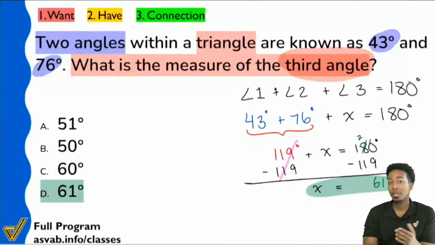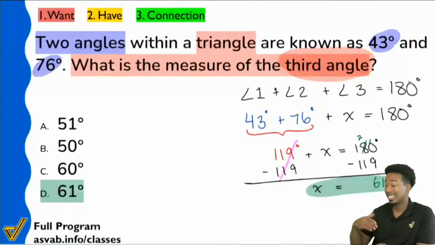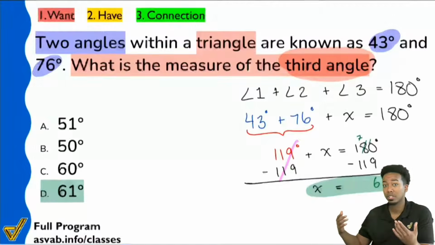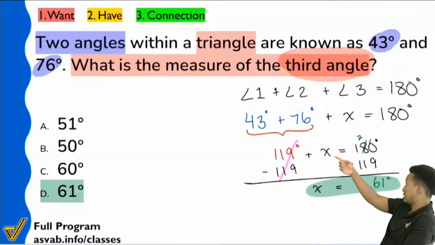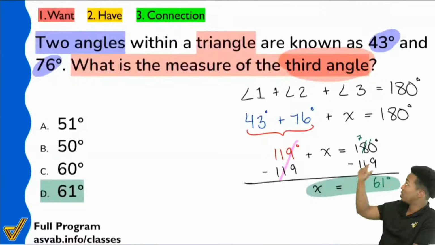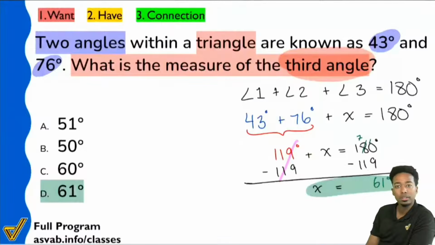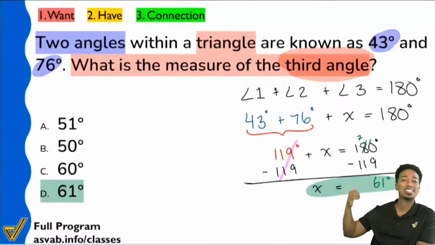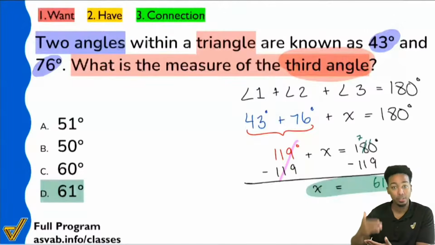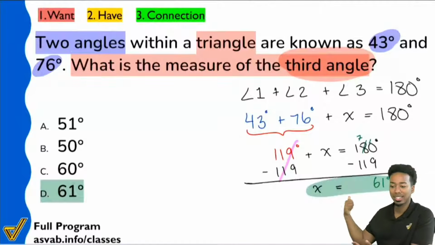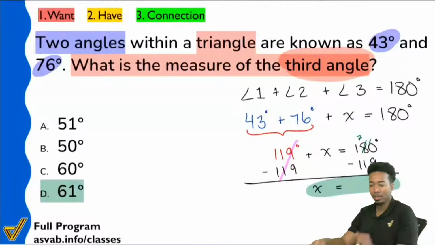Because remember, everybody, if I switch up the numbers, it's the same concept, same exact type of question, just different numbers. I could switch it from 43 and 76. I could change that to 91 and 17. Or I could change to 145 and 2. It doesn't matter at all. The procedure will still be the same. We have to recognize that we're talking about the angles within a triangle. And once we know that and understand and relate the fact, oh, they add up to 180, we can start doing problems like this like clockwork, like absolute clockwork.